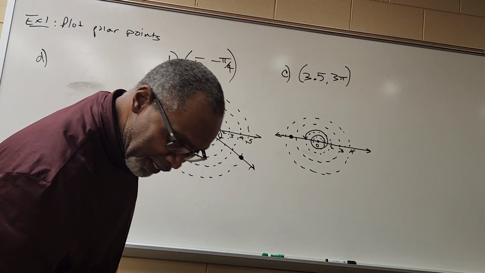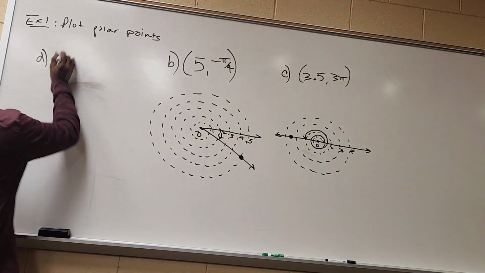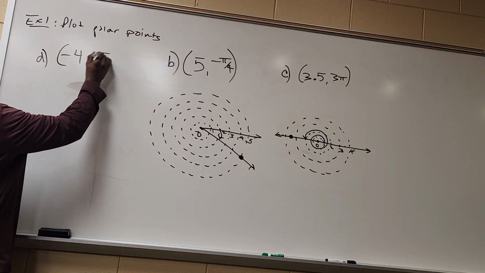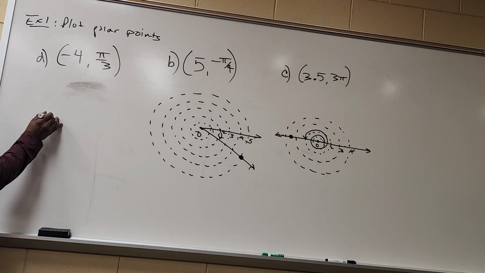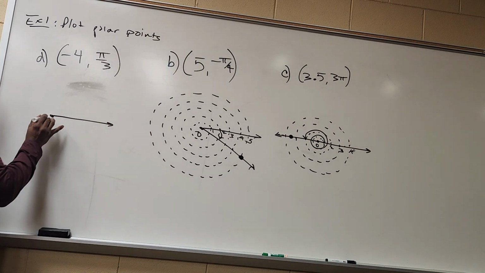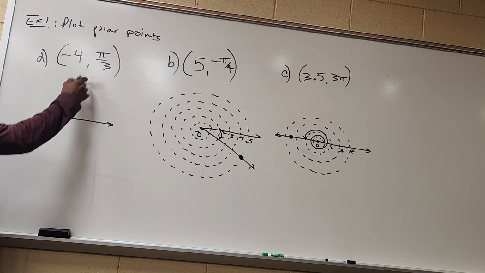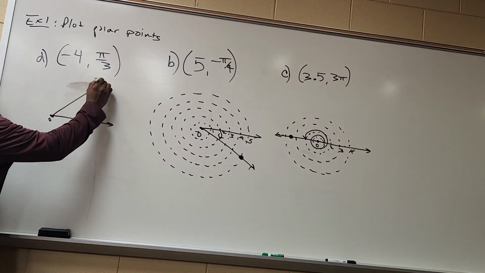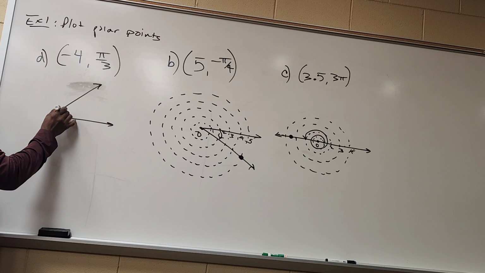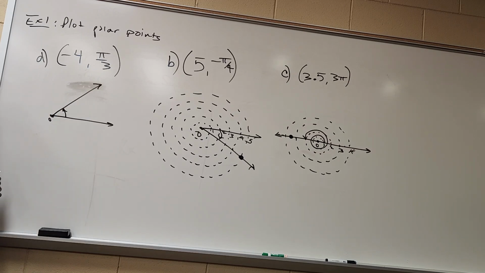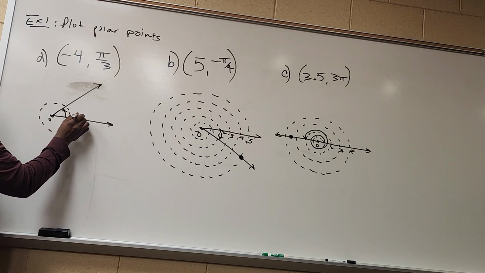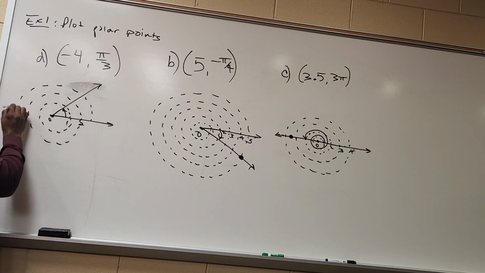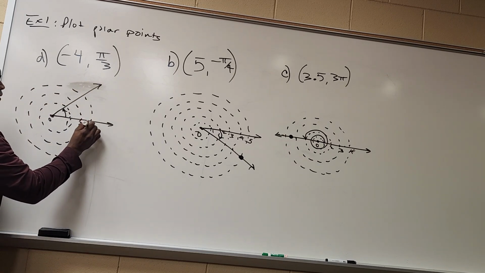Part D, they say negative 4, π/3. Negative 4, π/3. Okay. So again, draw your pole. There's my pole. I make an angle of π/3. So an angle of π/3, about right there. There's an angle of π/3. Okay? Well, draw your concentric circles. Circle of radius 1, radius 2, 3,